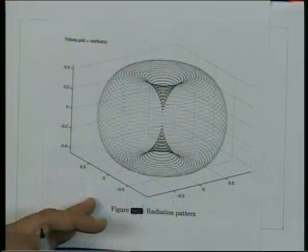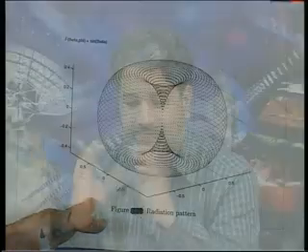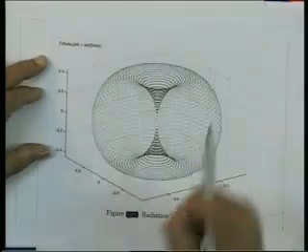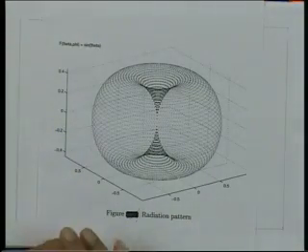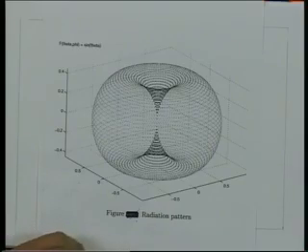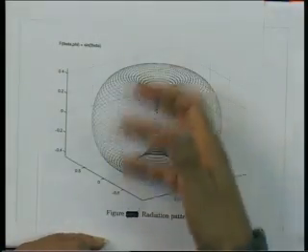Remember also, the radiation pattern is a 3-dimensional figure. So, essentially we are drawing the variation of electric field as a function of theta and phi. Therefore, we will get this 3-dimensional surface, and that is what we call the radiation pattern. However, while drawing or discussing, it is rather difficult to draw 3-dimensional figures, and since this is a simple figure, if you take sections of this figure, we can still get the information about this 3-dimensional figure.